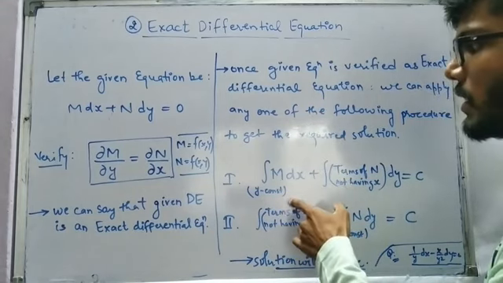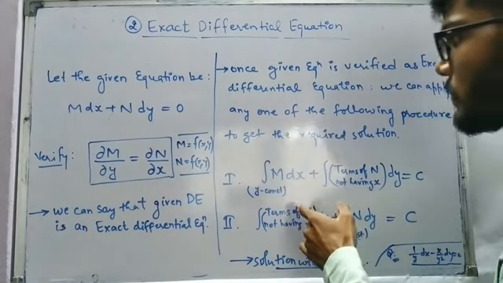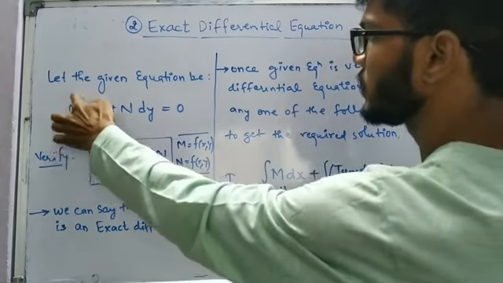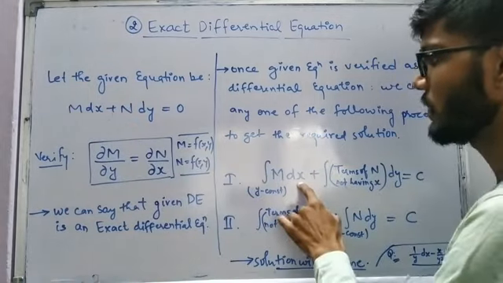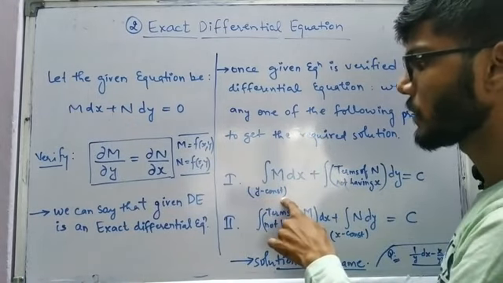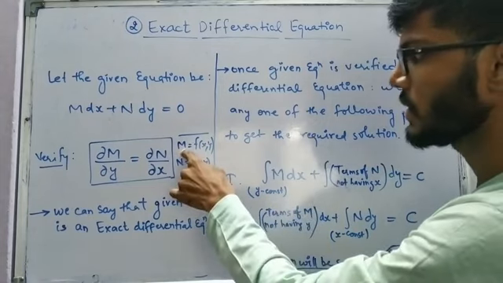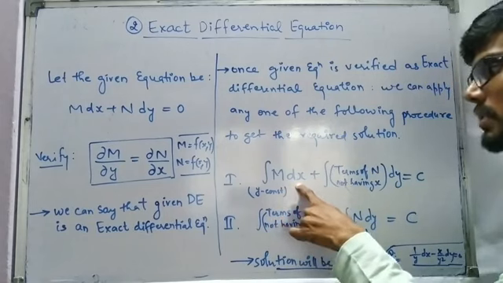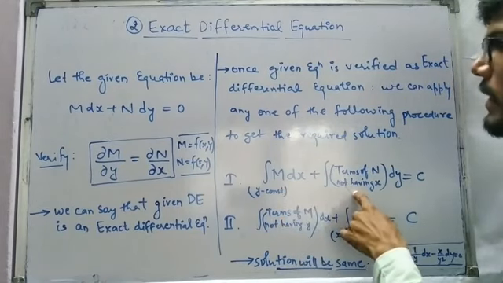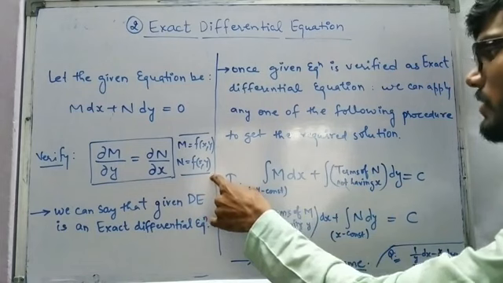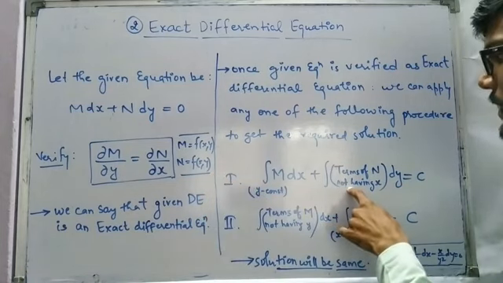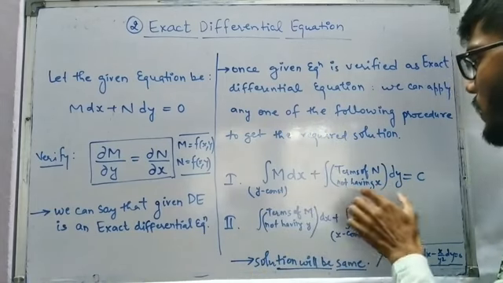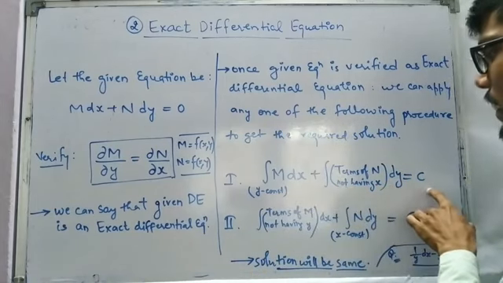If we are making use of step number 1, in that case we are going to integrate M with respect to x. This particular term, which is in multiplication with dx, we are going to integrate with respect to x only, but we have to keep the y terms constant because M is a function of x and y. So y we are going to keep constant, and we integrate with respect to x. In the second term, N is also a function of x and y, but we have to neglect the terms which have x. All the terms which have x have to be ignored, and the remaining terms we have to integrate with respect to y, and equal to c.